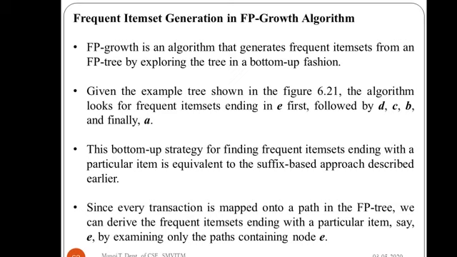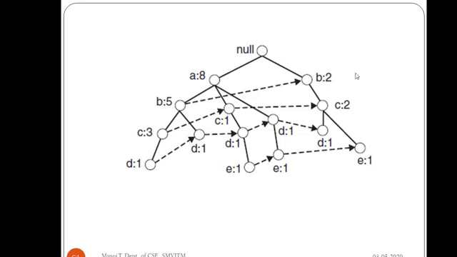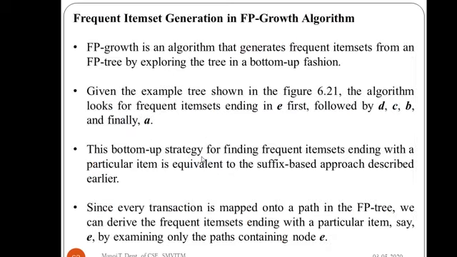Given an example tree over here which is already generated, having 10 transactions and 5 items, the final FP tree which we have got is this one. Taking this as an example, if we want to generate the frequent item sets, how can we do that? Initially we will see generally what strategy or approach is used. Then we will see in detail how to process these paths in the FP tree to obtain the frequent item sets.